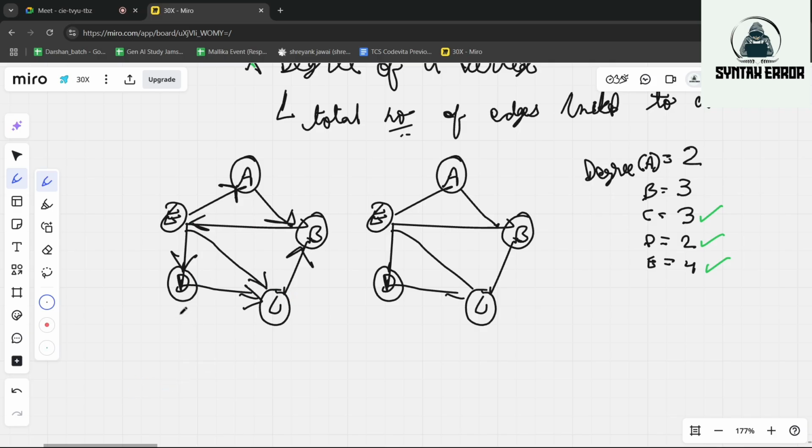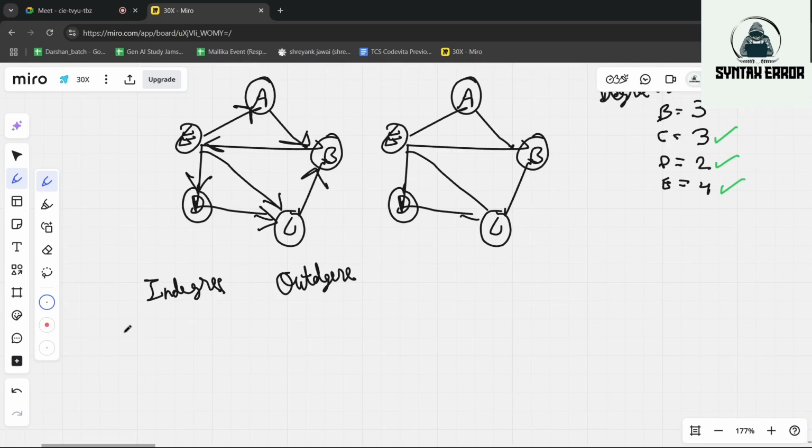Yes. So when we will be encountering a directed graph, at that time the degree of a vertex is calculated as in degree and out degree. So what is in degree and out degree?